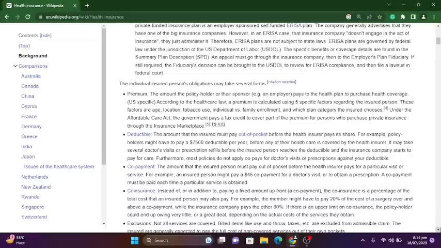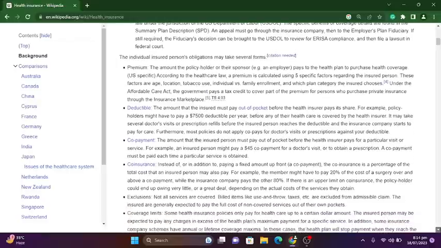Co-insurance: instead of or in addition to paying a fixed amount upfront as a co-payment, co-insurance is a percentage of the total cost that an insured person may also pay. For example, the member might have to pay 20% of the cost of a surgery over and above a co-payment, while the insurance company pays the other 80%. If there is an upper limit on co-insurance, the policyholders could end up owing very little or a great deal depending on the actual cost of the service they obtain. So here basically